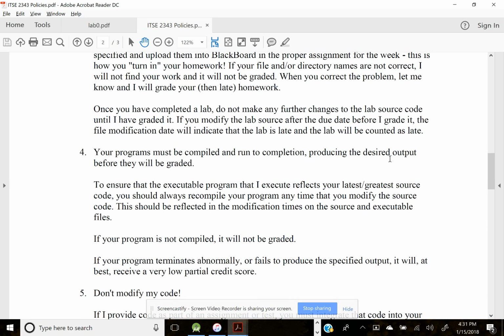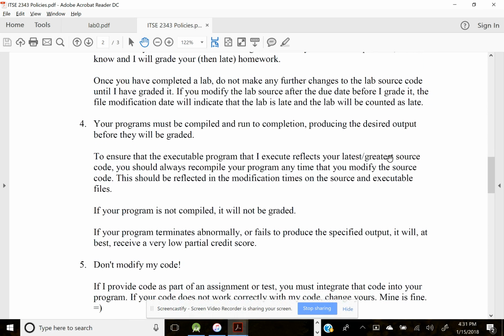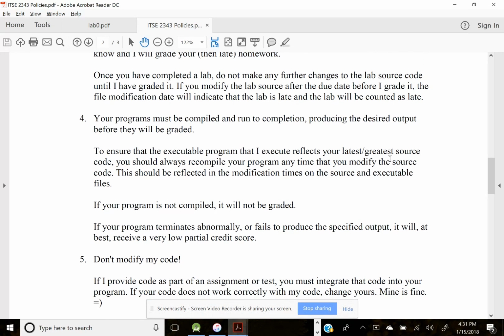Once you've completed the lab and uploaded it in Blackboard, if you realize you made a change, since we are using Blackboard, you need to notify me as soon as possible that you uploaded a new one, that you realize you had an issue, so that I don't go in and grade the first one. I want to remove that one and go into the new one. So you need to let me know if you ever do that.